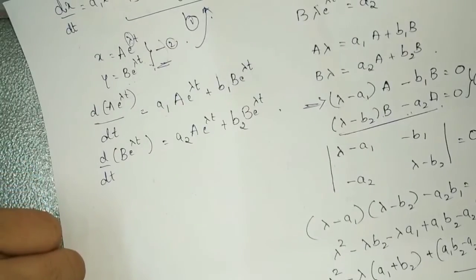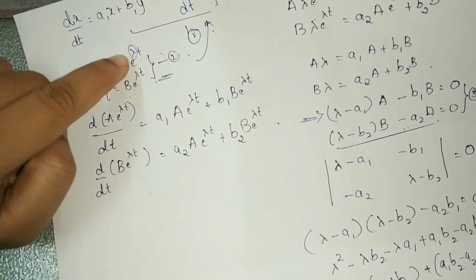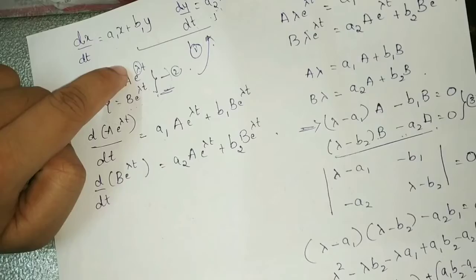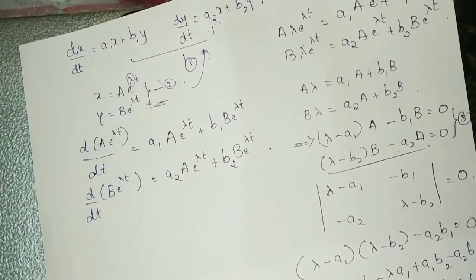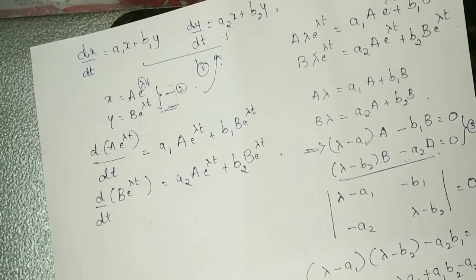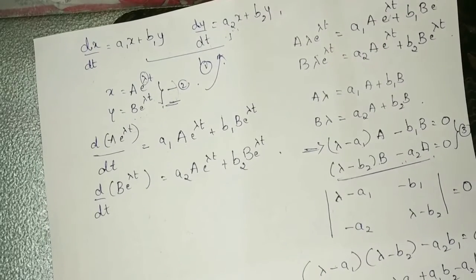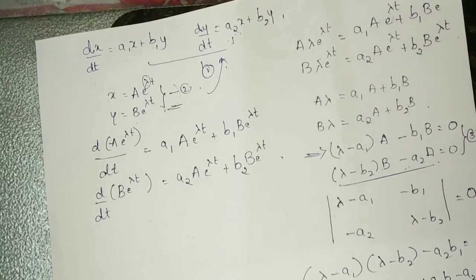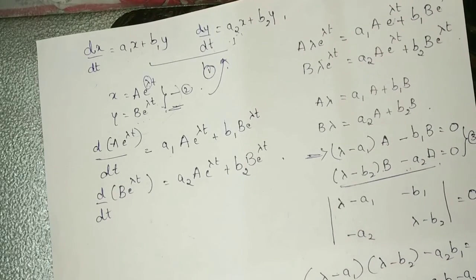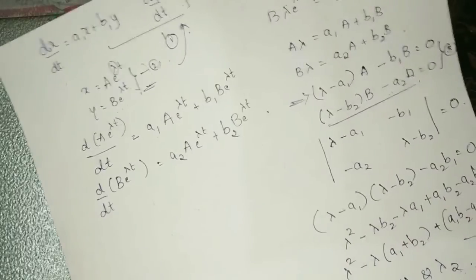Therefore we substitute first lambda 1 equal to lambda. After that we substitute lambda 2 equal to lambda. Okay, so first we'll substitute lambda equal to lambda 1 in equation 3. We obtain one non-trivial solution for capital A and capital B.